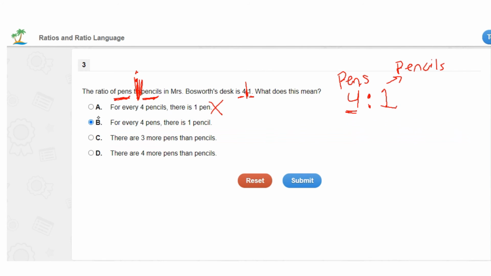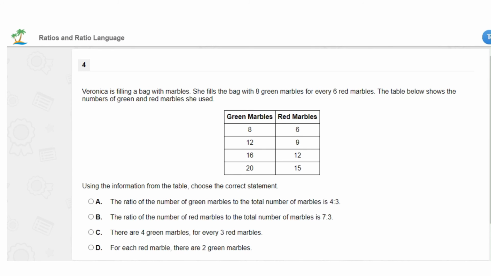Remember, ratio language is for each or for every. So Miss Valencia is filling a bag with marbles. She fills the bag with 8 green marbles for every 6 red marbles. The table below shows the number of green and red marbles she used. Use the information from the table. Choose the correct statement. All right, the ratio of the number of green marbles to the total number of marbles